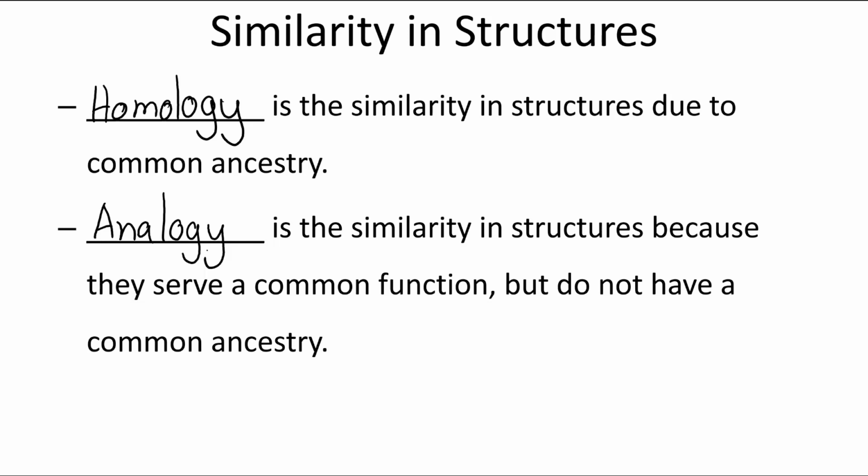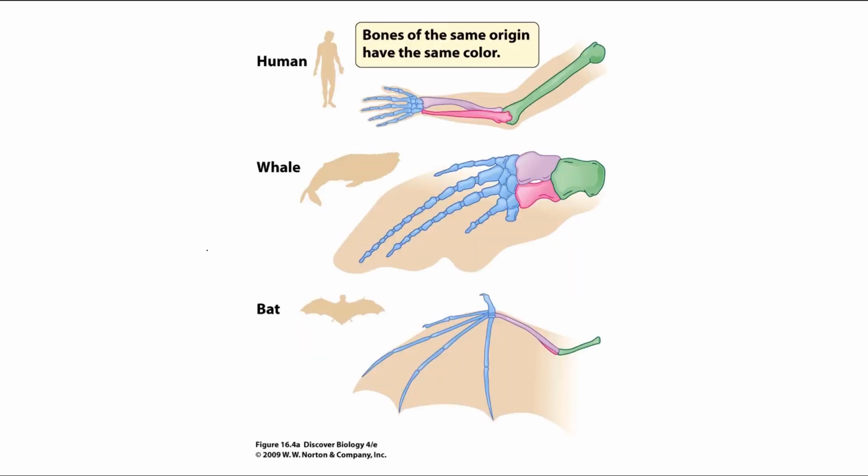So what are some examples of this? Well, if we look at the forelimbs of 3 different mammals, bats, whales, and humans live very different lives. We interact with our environment in very different ways. And yet when we look at the organization of the bones in our forelimbs or arms, they're remarkably similar. The flipper of a whale, the wing of a bat, and the arm of a human all have the same general organization of bones and how they relate to each other. This is an example of homology.